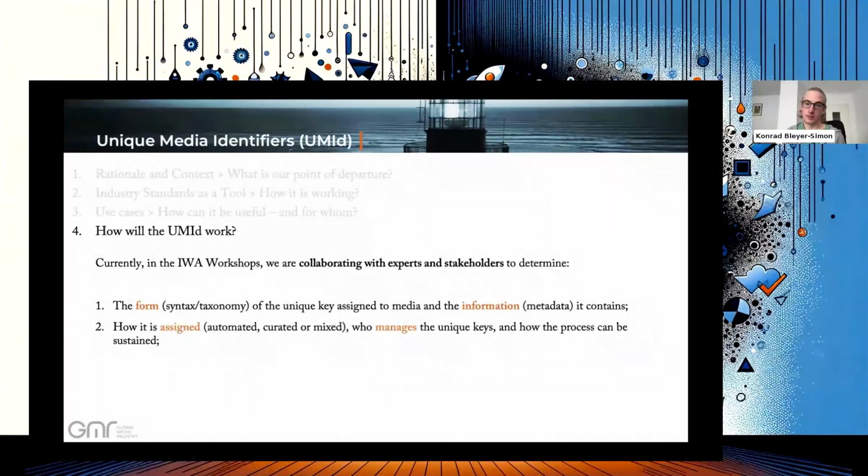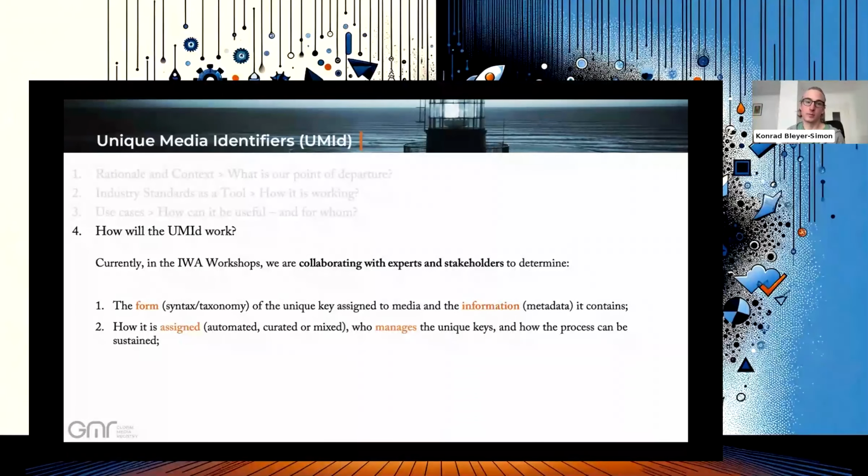It's also possible that they were just automatically allocated to any media outlet. It can also be a mixed system. We have to figure out what works best. There are pro arguments and arguments against it. It's still a discussion,